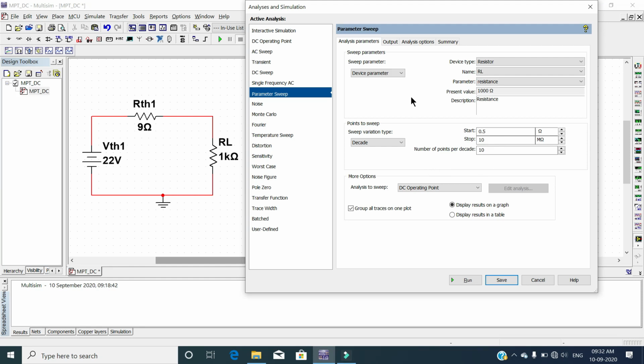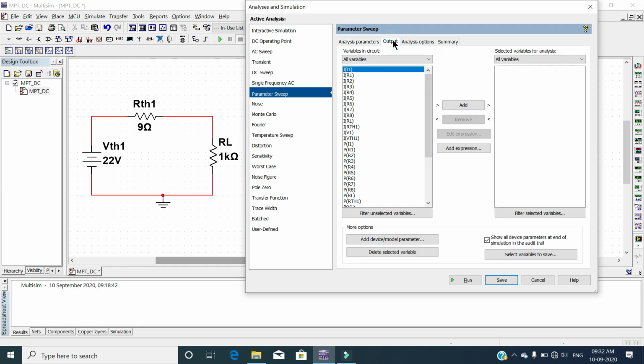Next, I will go to Output tab. So in the Output tab, you can see a list of variables over here. So out of these variables, I need power that is being delivered to the load resistor RL.